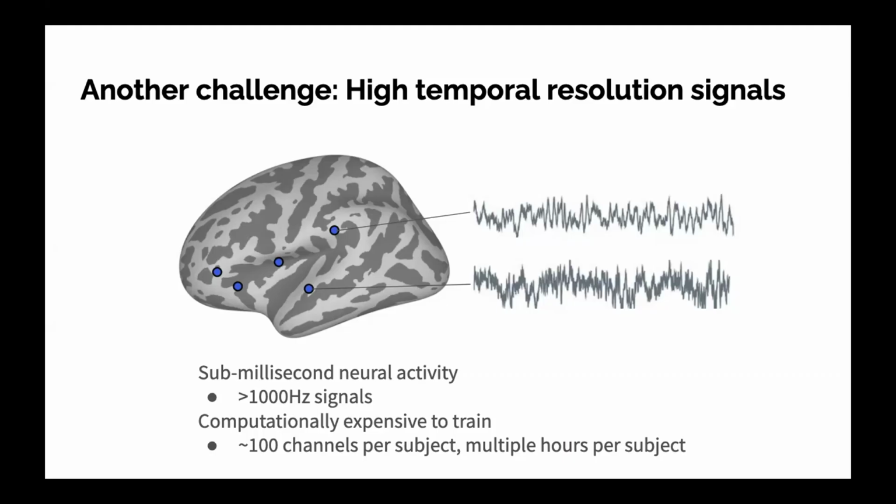But we might not have to go all the way up there right now, but at least 1,000 hertz is quite high compared to a lot of the current day foundation models, quote unquote, that people are building for these types of time series data. In addition to that,